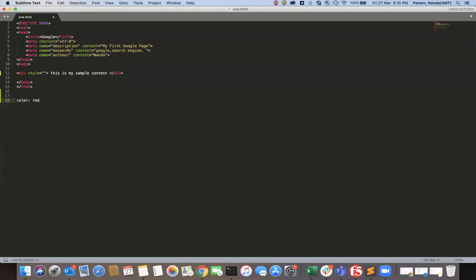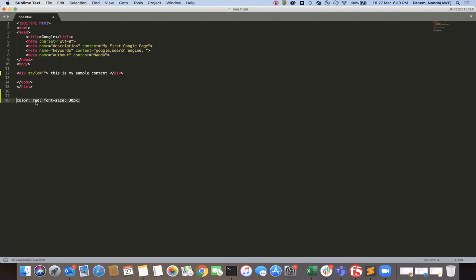Suppose you want to apply multiple styling for an element. So how can I provide multiple styling? You need to separate the key value pairs continuously, so I am going to use a semicolon over here. If you want to give space, you can give. If not, that is not mandatory. But as per the rules and regulations, it is better to provide space. Okay. I can provide a font size as 30 pixels. Good. These are the styles I want to apply.